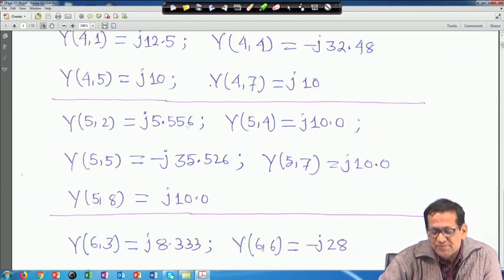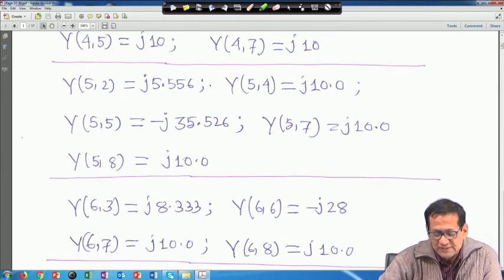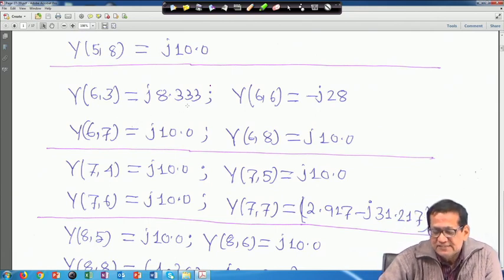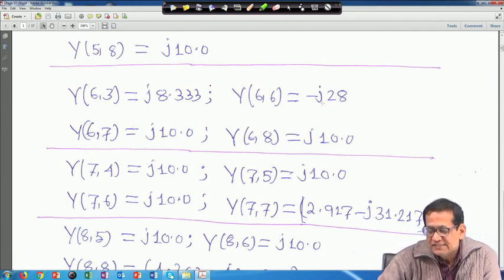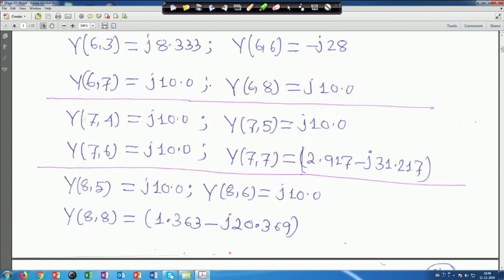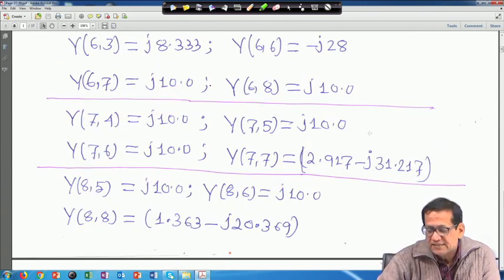Y52 will be J5.556, Y54 will be J10, Y55 will be minus J35.526, Y57 you will get J10, and Y58 also J10. Now, Y63 you will get J8.333, Y66 minus J28, Y67 J10, Y68 you will get J10. Next, Y74 you will get J10, Y75 you will get J10,